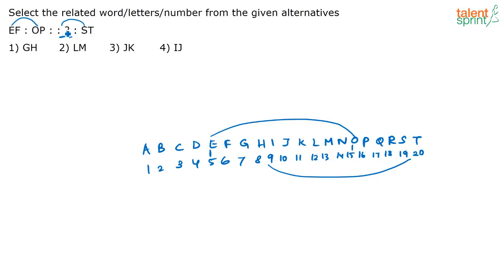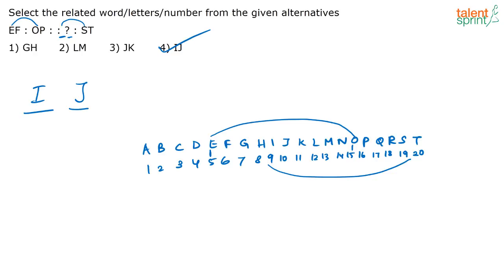So if the first letter is I, then what will be the second letter? It has to be the adjacent letter to I, that is J. So the answer for this question will be option 4. Okay? Yes, I think all of you got this correctly. In between, Naveen and Salesh Tena said the answer is option 3. Please check, it is option 4.